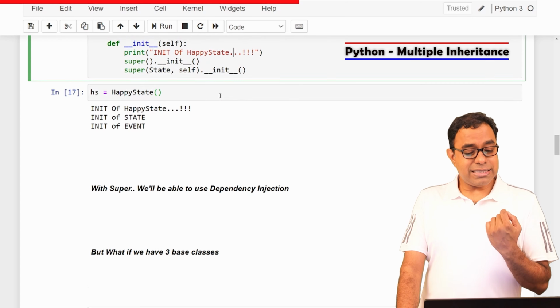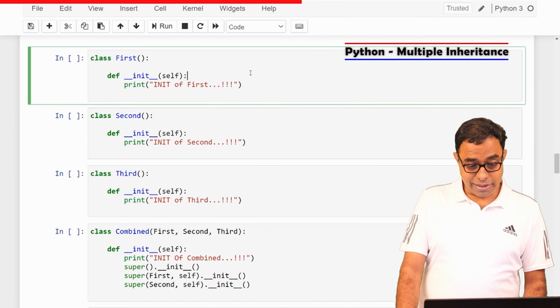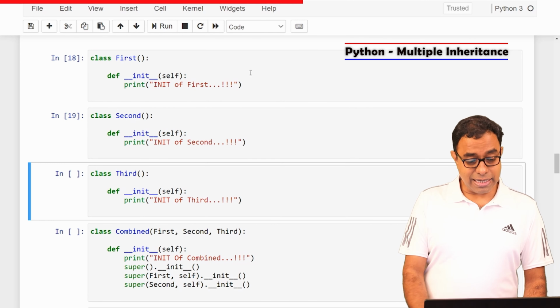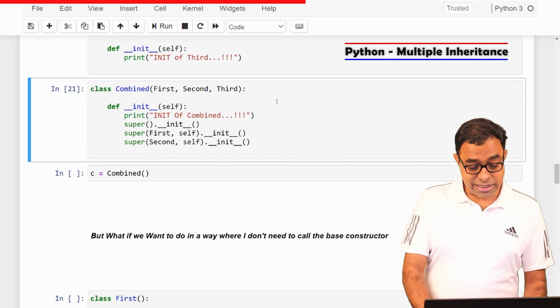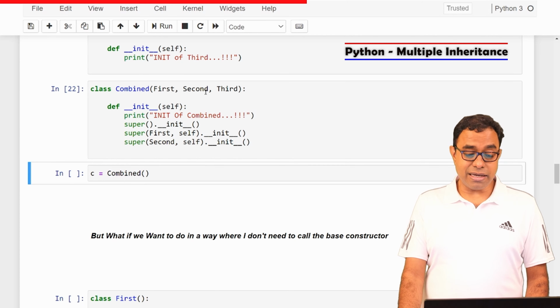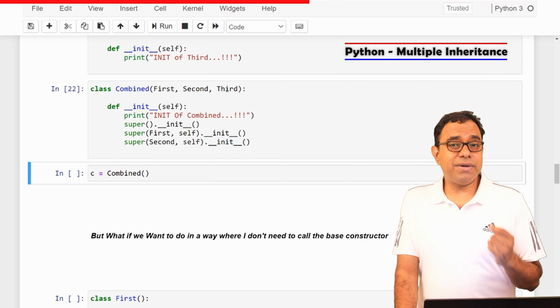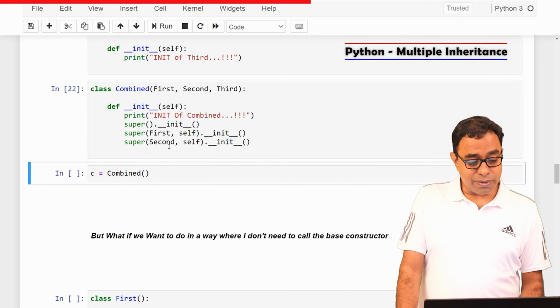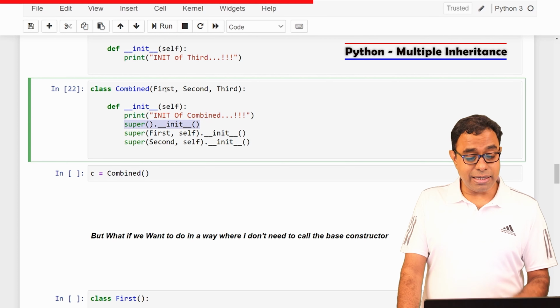Okay. Now let's assume what if we have three base classes. So I have created a first class, second class and third class. This is my combined class which inherits from first, second and third. And to make sure that each and everyone's init gets called, what we need to do is that this is the first line which will call first init.